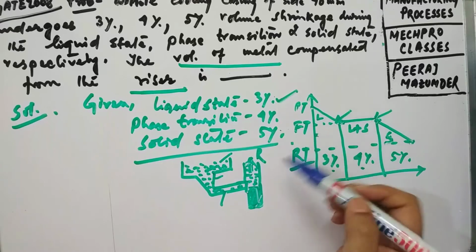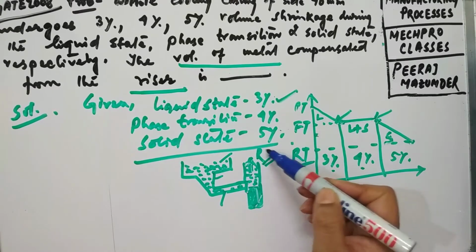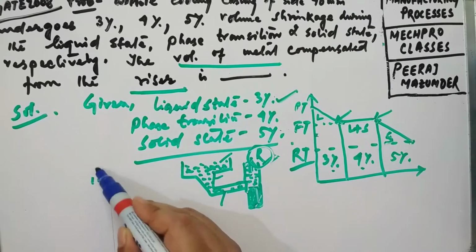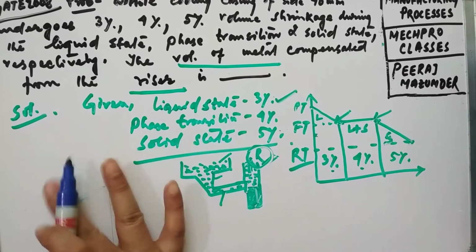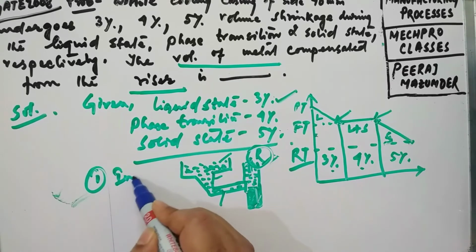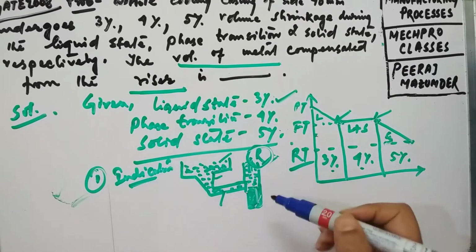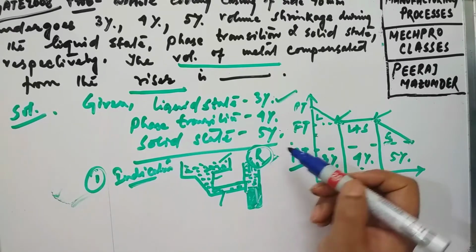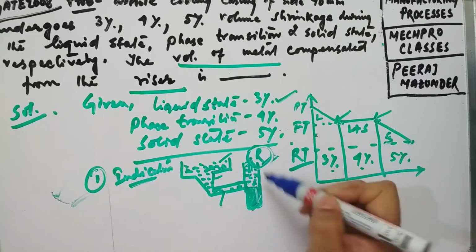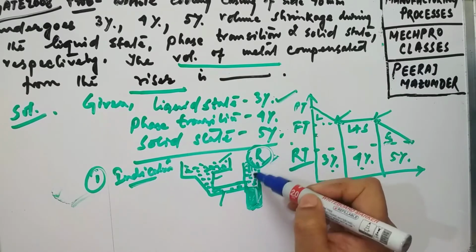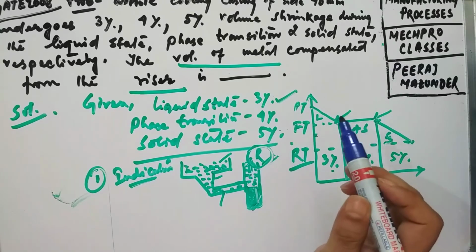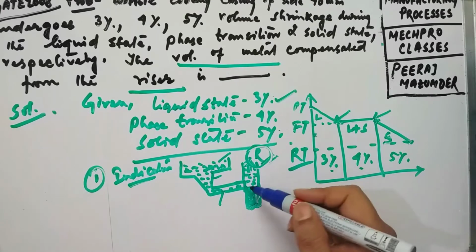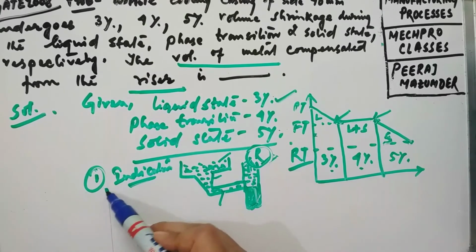Okay, now look, what is the function of riser? Again, there are two functions I already mentioned. The first function is that it acts as an indicator of whether the mold cavity is sufficiently filled with molten metal or not. So you can easily have an idea by the flow of the metal through the riser, and you can say that now the mold cavity is sufficiently filled. That is the one function.